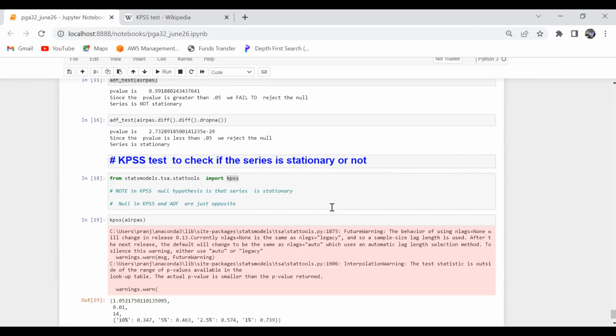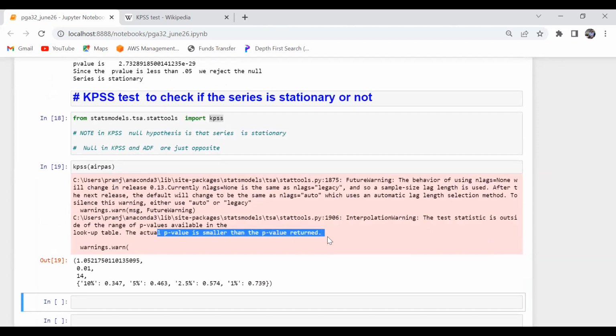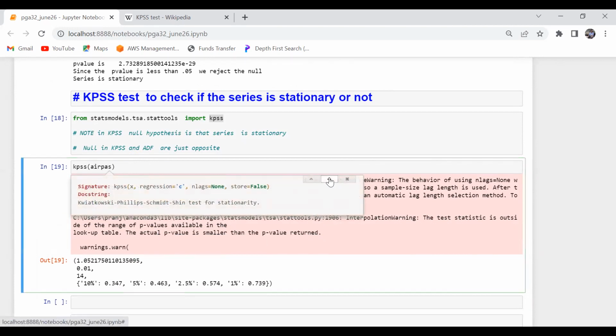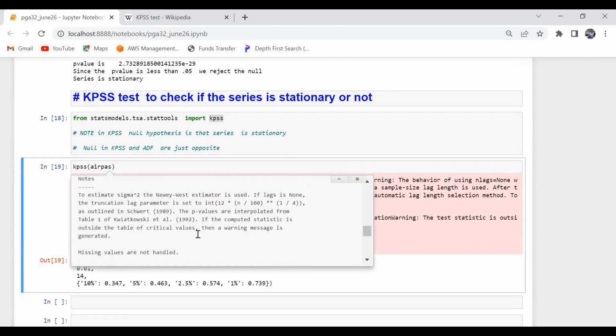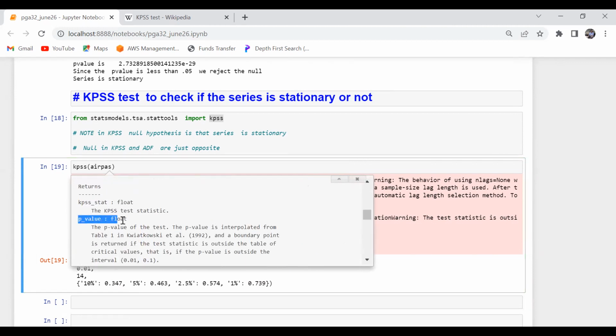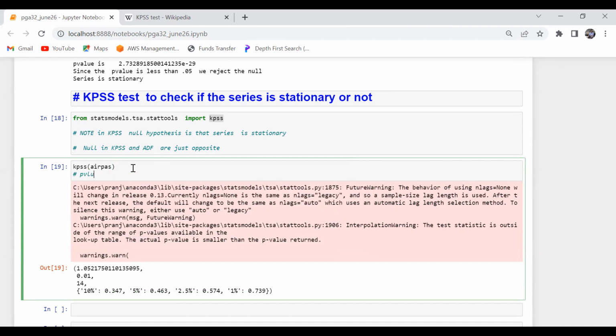ये आंसर किस फॉर्मेट में देता है. So ये क्या बोल रहा है भाई? Actual p value is smaller than p value written. Okay, what does it return? क्या क्या चीजें return करता है? So the second value corresponds to your p value. So the second value is your 0.01. So I'll say the p value is 0.01 in this case,